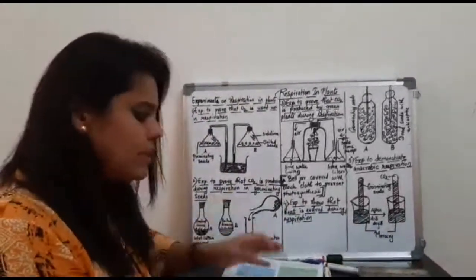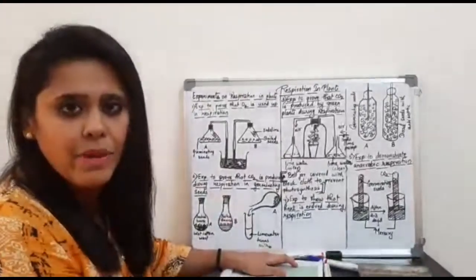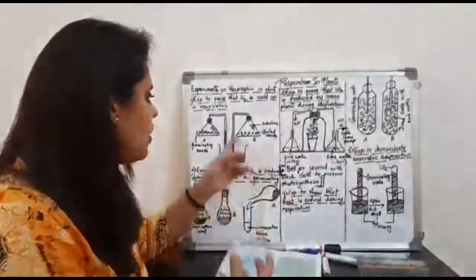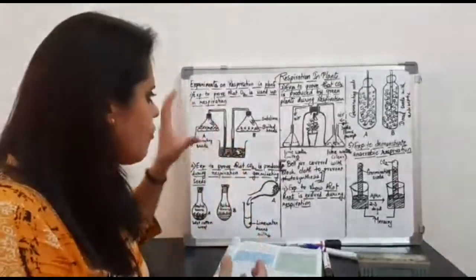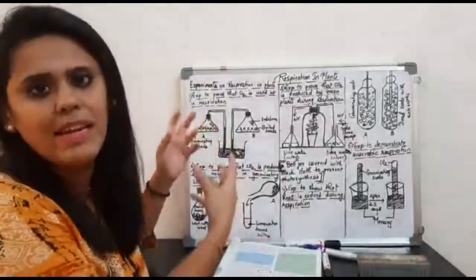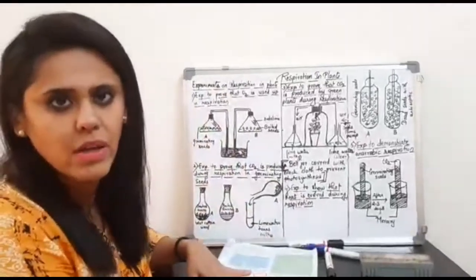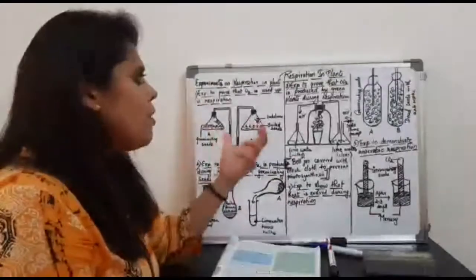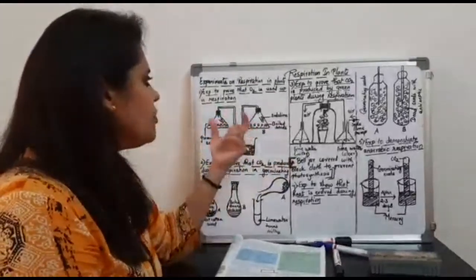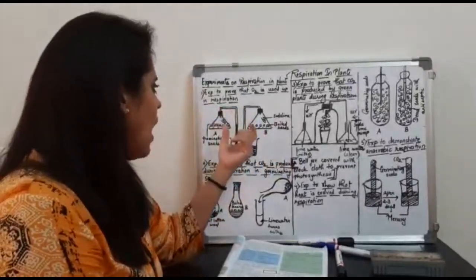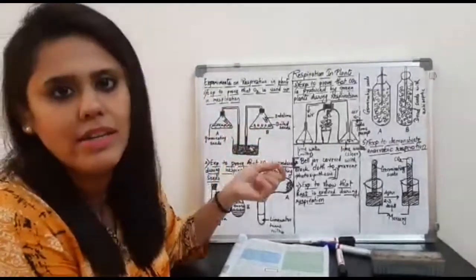Students, I have not written down the experiment, so I will be just explaining you all. The diagram is shown on the slide, so just focus on the diagram and I will explain you all the entire experiment. Okay, so the aim of the experiment says that it's the experiment to prove that oxygen is used up in the process of aerobic respiration.